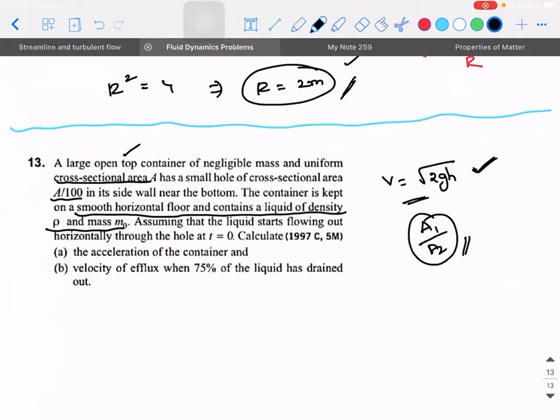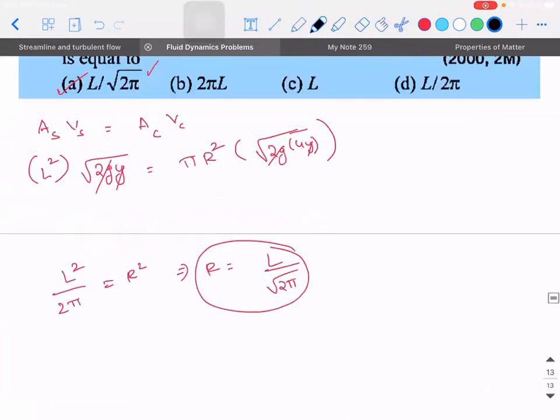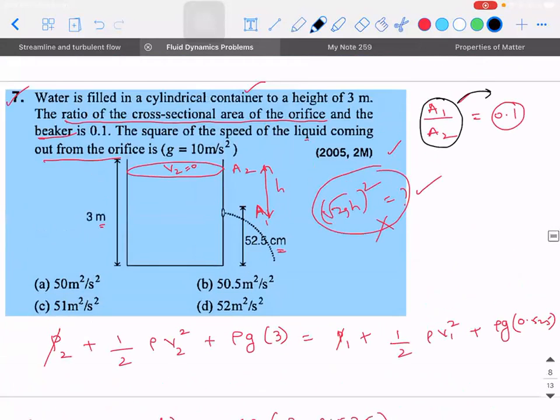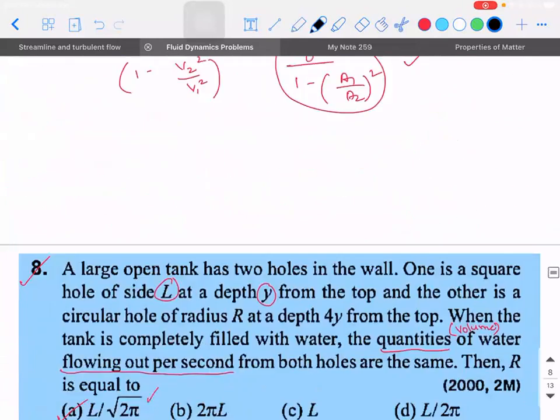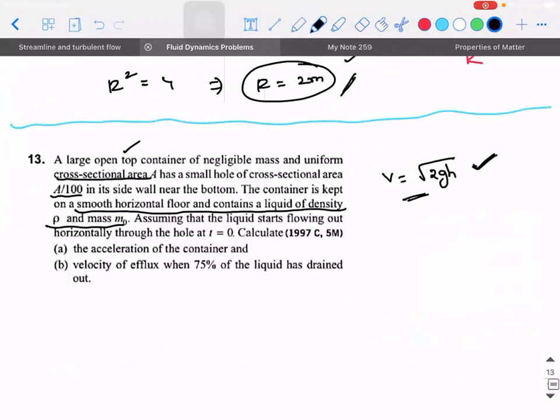So you'll get all the answers in terms of m0, rho, A and all those things. Here you can approximate, sir. Yes, sir. They have given A1 by 8. Where have they told A1 by 8? See, when I'm trying to say, in that problem, they were specific. The ratio of cross-sectional areas, they have been specific. Where they have not given it, they are fine that you can use root 2gh, though it is only going to be an approximate answer to make things simple. That's what I'm trying to say.